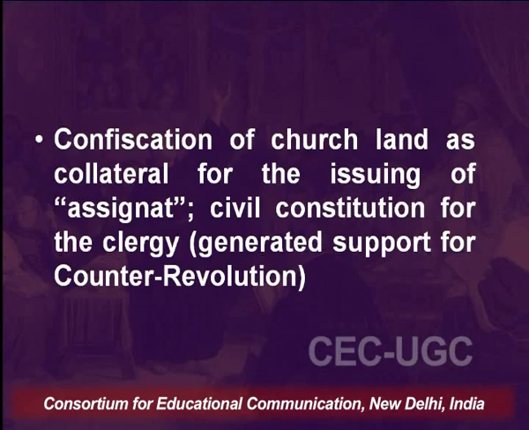As all of us know, paper currencies require some collateral. It could be in the form of gold or some wealth, and in the French case, the confiscated church land as a consequence of the revolution was to serve as a collateral for the newly launched currency in France, and